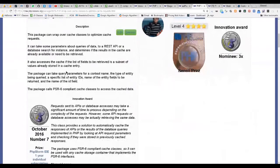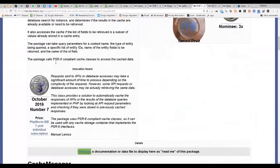And the interesting detail also from this package is that it uses PSR6 compliant cache classes. PSR6 is that specification from the FIG, the Framework Interoperability Group, that defines a standard interface for caching classes. So you can pick many caching classes that exist out there that implement this PSR6